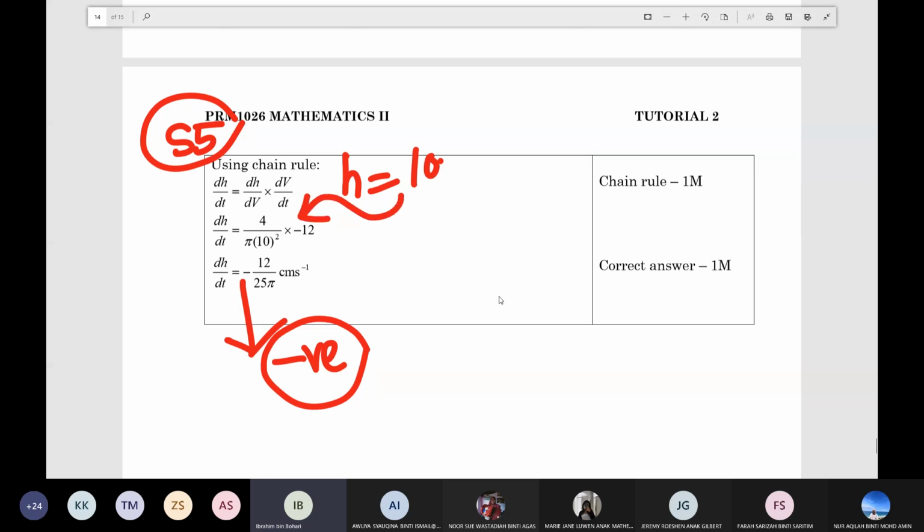And the answer here, dh over dt equals to the negative 12 over 25 pi centimeter per second. Yeah. So the final answer, you put the negative sign. This one you punya rate of the decrease. Yeah. Kalau you letakkan positive sign, jadi you punya final answer tu salah. Okay. This one you letakkan rate of decrease